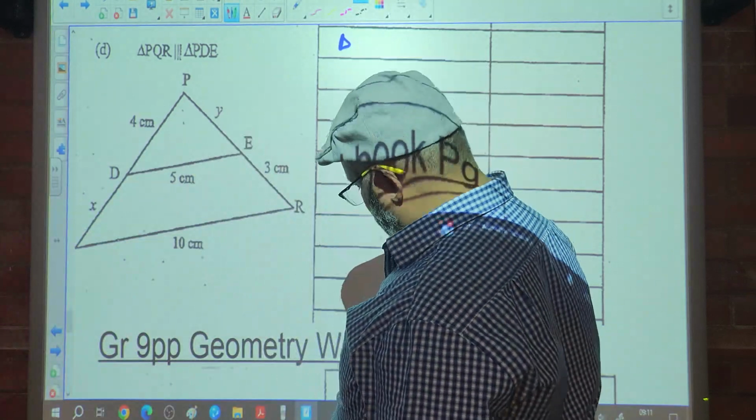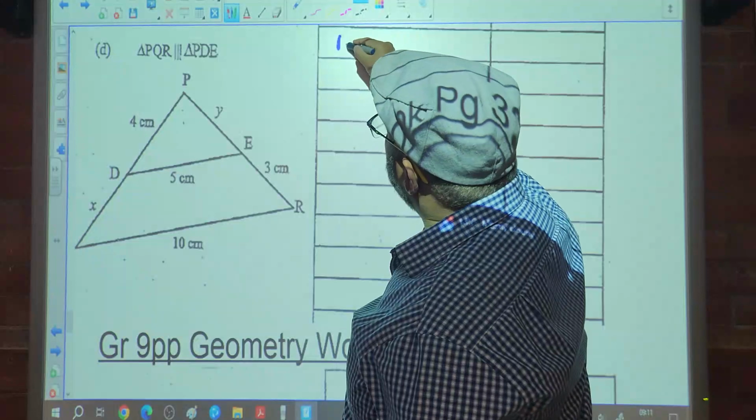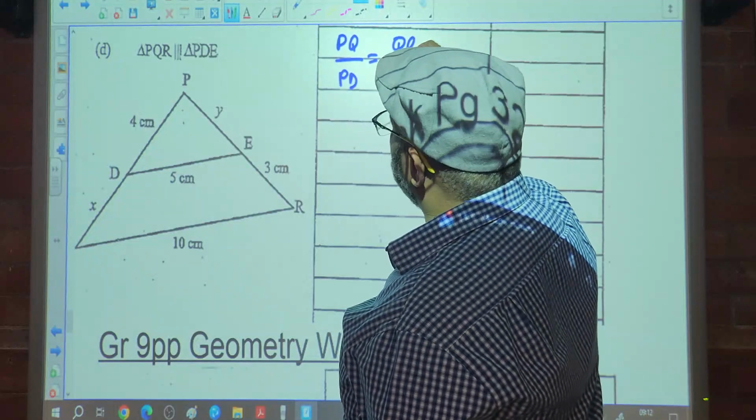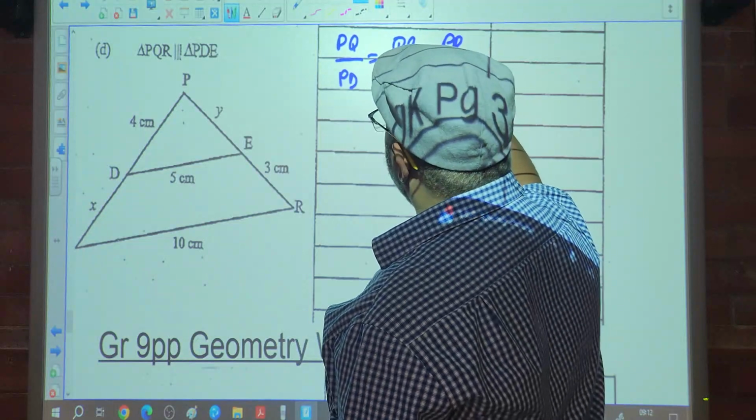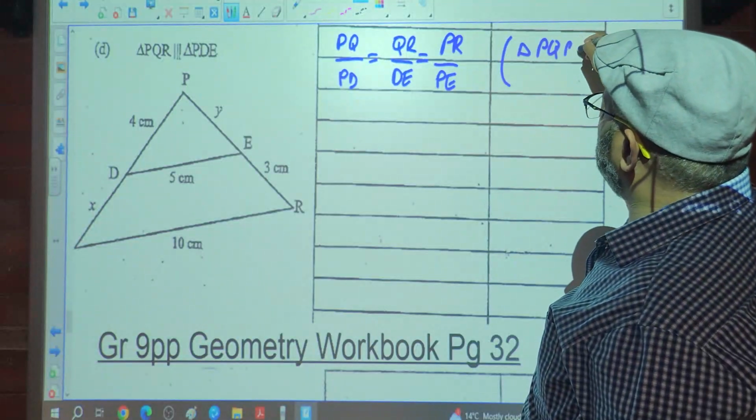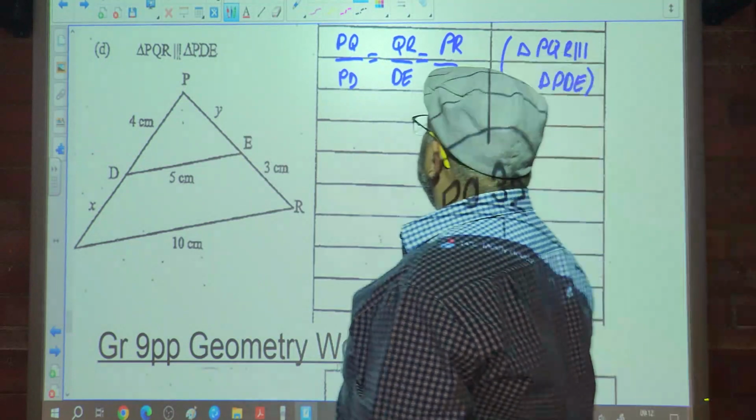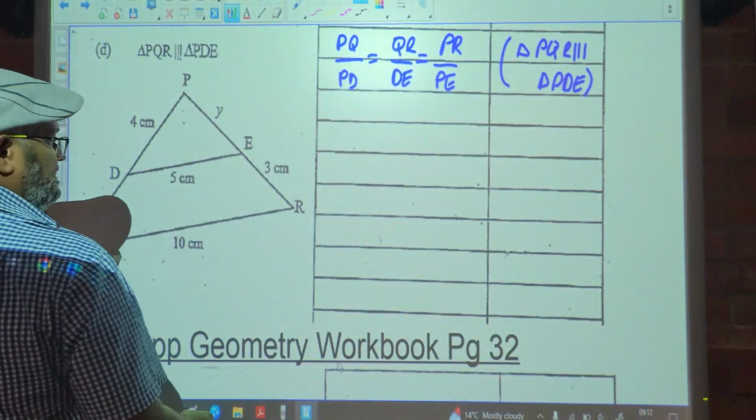We say those two triangles are similar. So where do we start? We say that PQ over PD is equal to QR over DE equals PR over PE. Why? Because triangle PQR is similar to triangle PDE. So PQ,